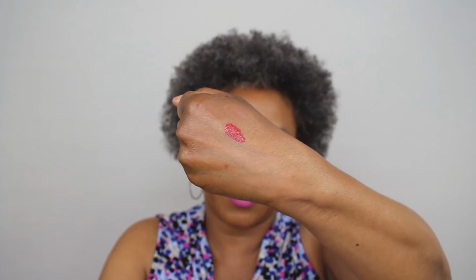Next up is probably the first liquid lipstick I ever tried, and it is the Stila Stay All Day Liquid Lipstick, and this is the shade Fiery, which is a red. This is the perfect red in my opinion. If you are looking for a beautiful, true red liquid lipstick color, Fiery, F-I-E-R-Y, in the Stila Stay All Day Liquid Lipstick is it. This one is going to run you $22, which is